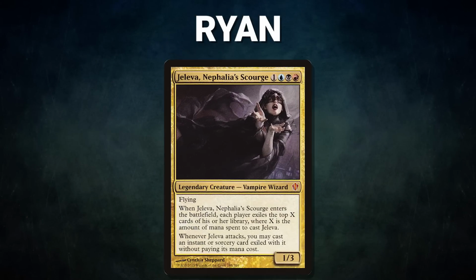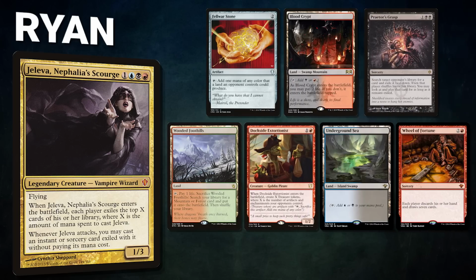Pool. After that we have Ryan piloting Jaleva, Nefalia's Scourge. This is a Grixis mid-range deck that looks to take advantage of Underworld Breach, Wheels, and Consultation. Jaleva was a great Grixis commander, but the printing of Keth, Dissonant Mage in Commander 2017 dethroned this noble vampire. Ryan's opening hand contains a Felwar Stone, Blood Crypt, Praetor's Grasp, Wooded Foothills, Dockside Extortionist, Underground Sea, and a Wheel